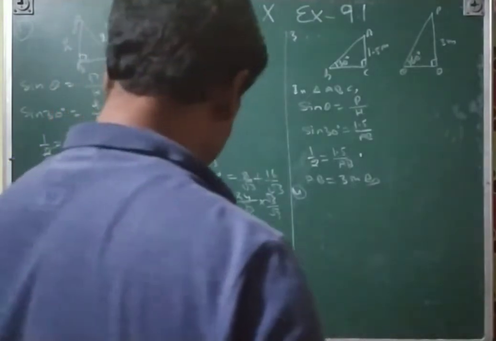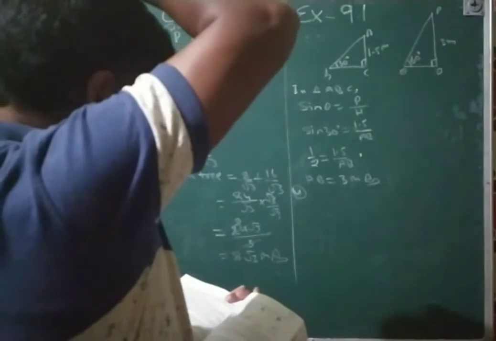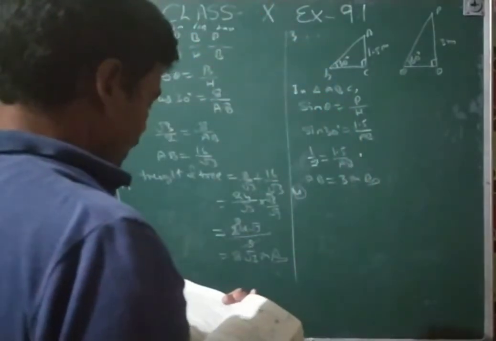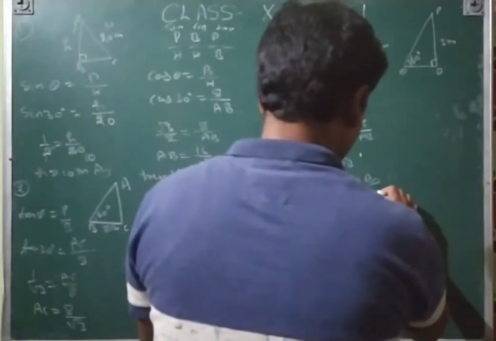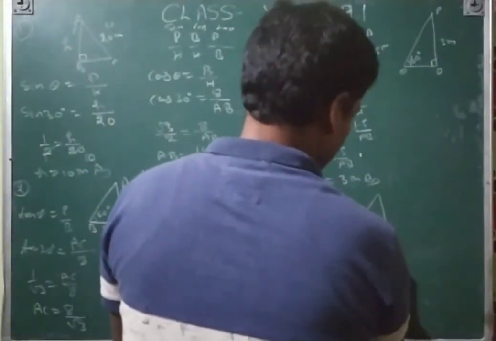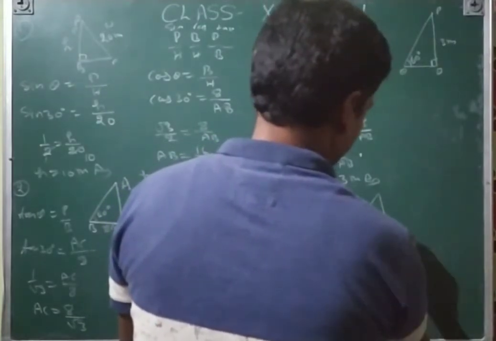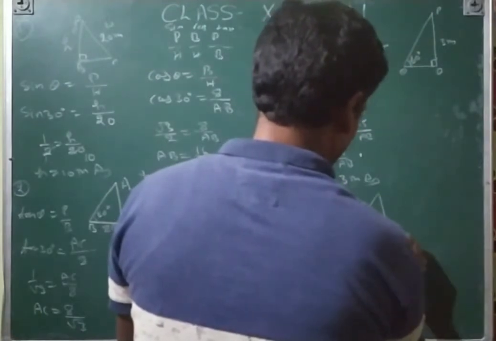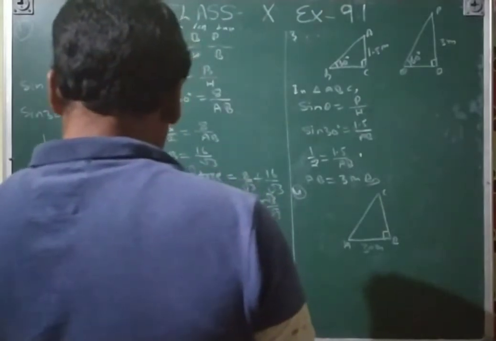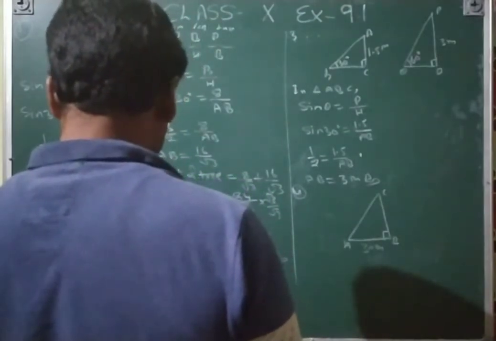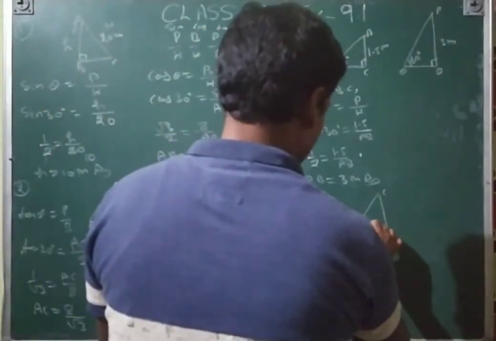Fourth question, the angle of elevation. What will be the elevation angle? The elevation of the top of a tower from a point on the ground which is 30 meters away from the foot. That is a tower, and this touch point is 30 meters. We can name it A, B, C, and always from the foot of the tower is 30 degrees. Find the height of the tower.